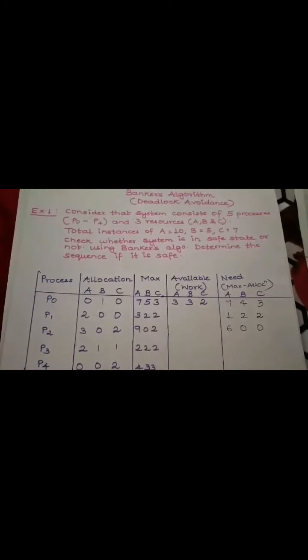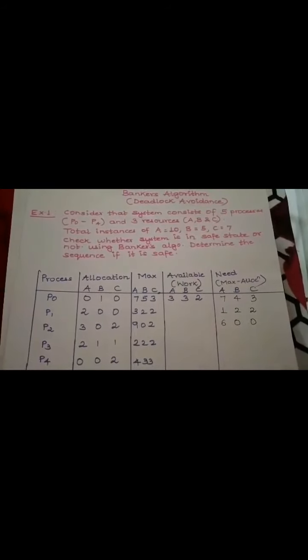Good afternoon students. This is a video regarding Banker's algorithm, which is a very important topic and it is in chapter 3. This comes under deadlock avoidance algorithms. Now why is it called a deadlock avoidance algorithm? Because the operating system beforehand itself knows how many processes it is going to execute and how many resources it is going to require for the completion of the execution of the processes. So this is why it is deadlock avoidance.